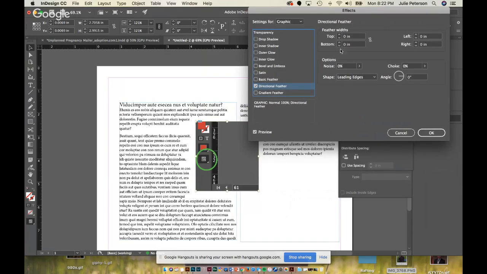Directional feather preview. So yeah, it's more gradual. So you can do a more feather so that you're not seeing those rough lines. And then it kind of looks like it's a watercolor coming in and out. But anyways, so directional feather, and then decide how much feather you need on everything.